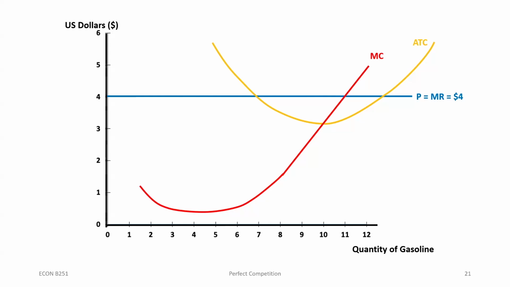So if I'm using this profit equation, what are profits now? Still the quantity I'm selling times the difference between price and average total cost. Well, at this quantity, here's my price. Here is that average total cost, the difference between price and average total cost, times the quantity I'm now selling. This now represents my profits. However, price now is below average total cost. So now my profits are going to be